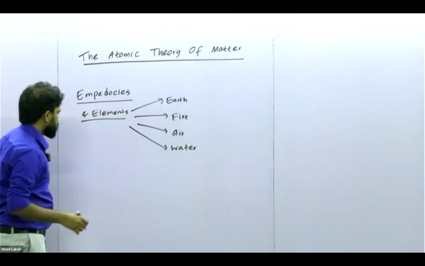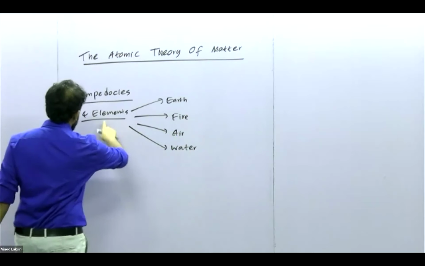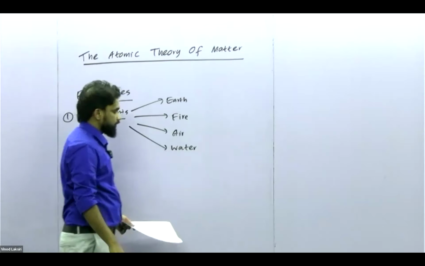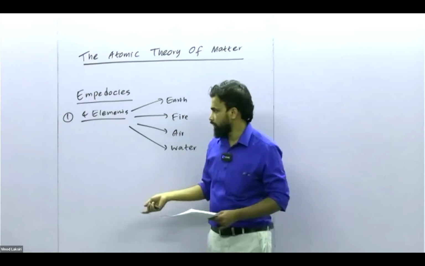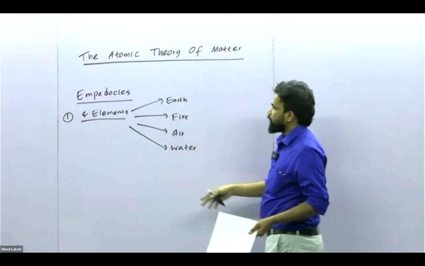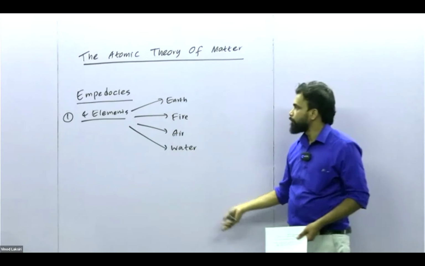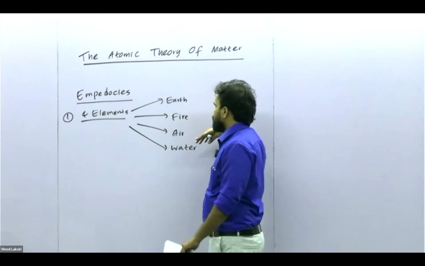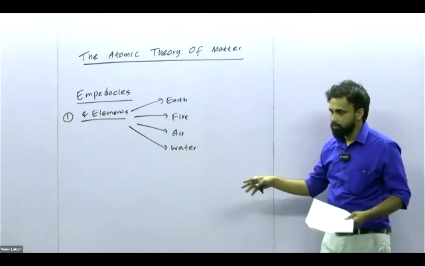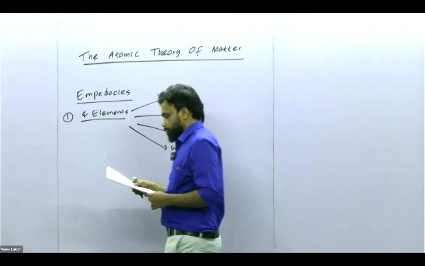You understand? So there are a lot of atomic theories. The first one, Empedocles, is the name of the scientist. Empedocles believed that all the materials are made up of 4 elements. What are those 4 elements? Earth, fire, air, and water, right? That means Empedocles believed that when we consider a tree or a human, they are made by mixing earth, fire, air, and water in some ratio, right? It is the first thing. Then next one,